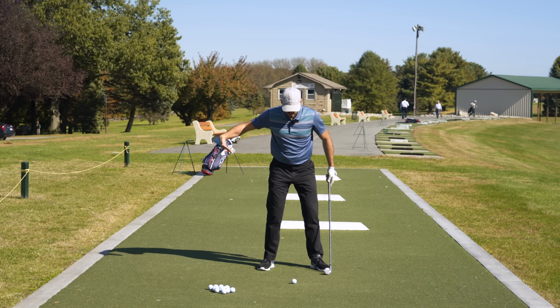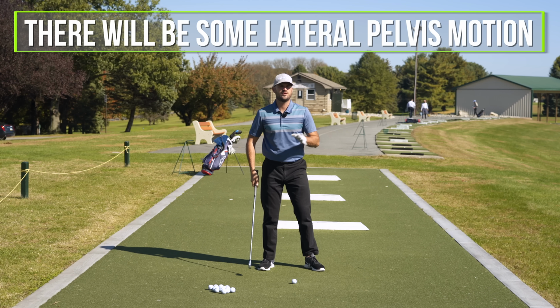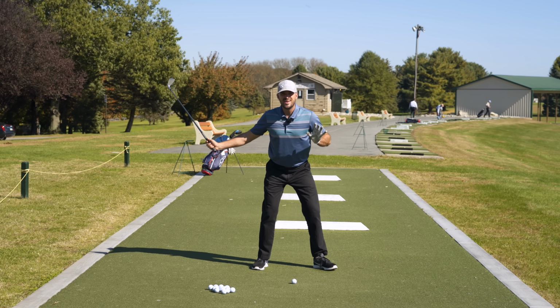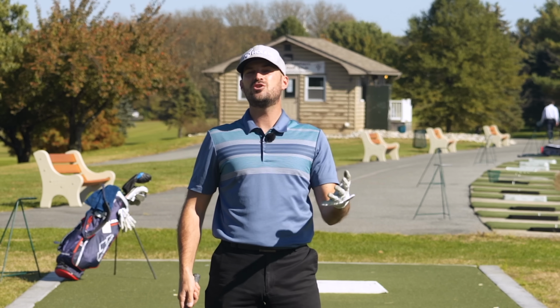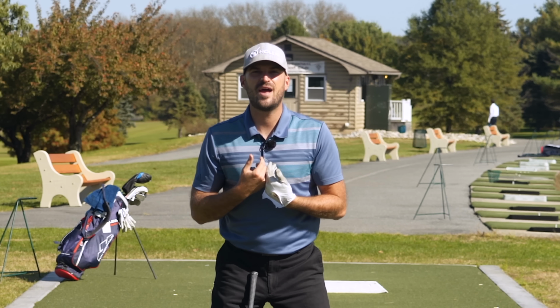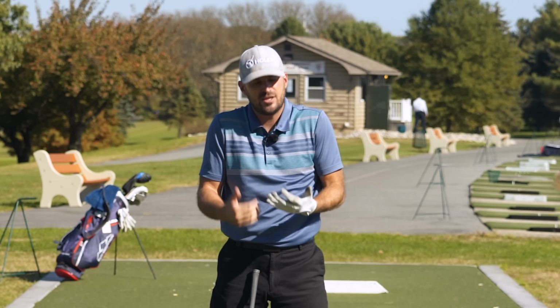Of course, there is going to be some lateral motion of your pelvis during your downswing. No ifs, ands, or buts about that. What we're looking for is to avoid an excessive amount, especially when your right hip gets too low too early and your left hip gets too high. That's the issue that I see. Now again, that could be a better player problem. I'd rather have that problem than slicing the ball 40 yards to the right, okay, but it's still an issue,